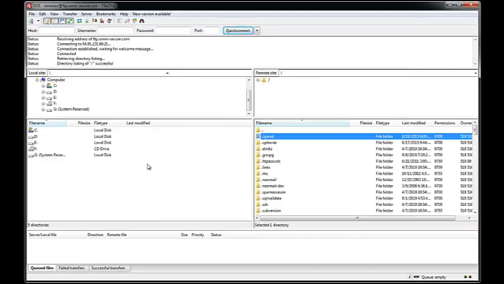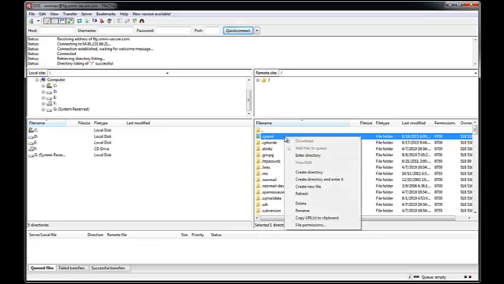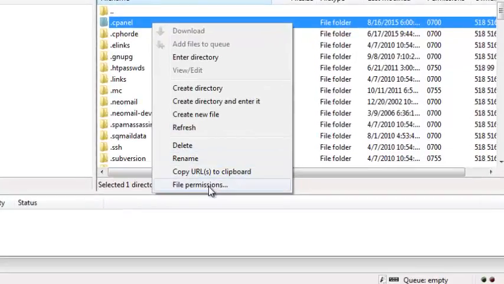Now basically, you already know the left side of this is going to show all the folders on your PC. Let's assume you're installing a web script, a PHP script, on your server. You've already uploaded the actual folder. Let's assume this is the folder right here. You're going to go inside of it, and the last step is simply to set the permissions on certain folders, maybe 3 or 4 folders. That's about it. So all you do at that point is right click on the folder and click file permissions,